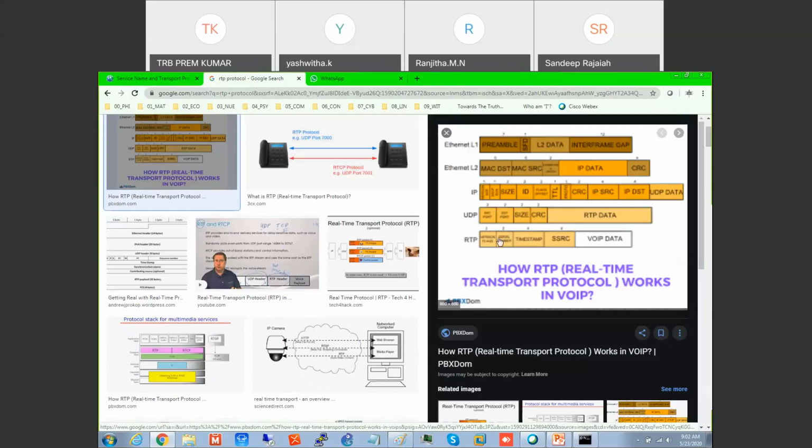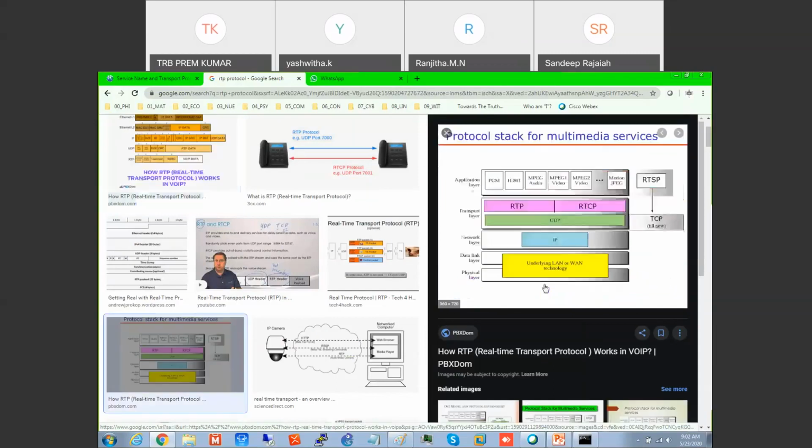On top of UDP, you have RTP. In the RTP, you have voice data. You understand this? This is the flow.